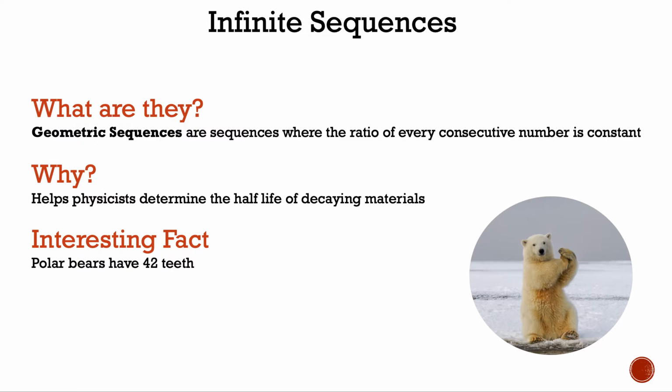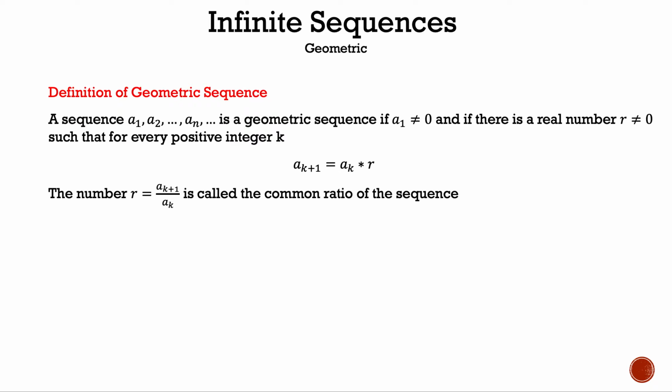Now, let's take a look at some definitions. The first definition that we're going to look at is a definition of geometric sequence, which is a sequence a sub 1, a sub 2, dot dot dot, a sub n, dot dot dot, is a geometric sequence if a sub 1 does not equal 0, and if there is a real number r does not equal 0, such that for every positive integer k, a sub k plus 1 is equal to a sub k times r. The number r, which is equal to a sub k plus 1 divided by a sub k, is called the common